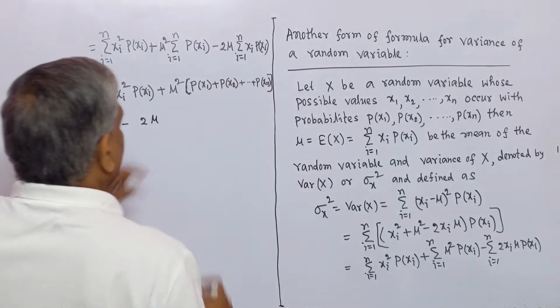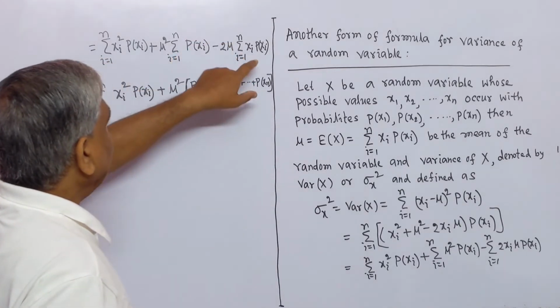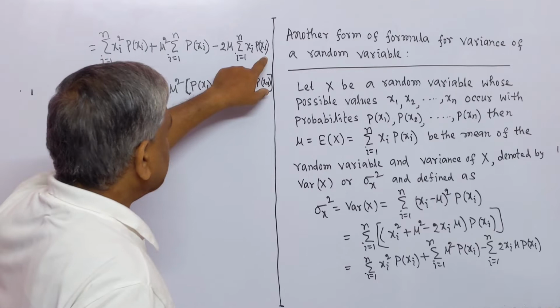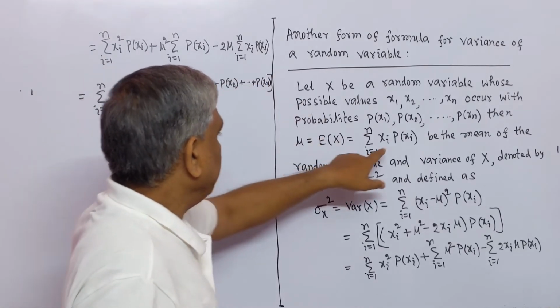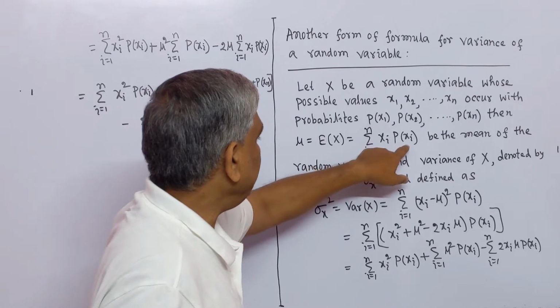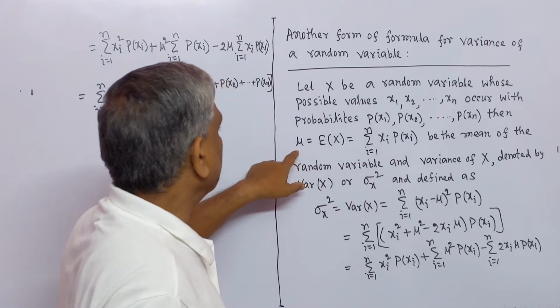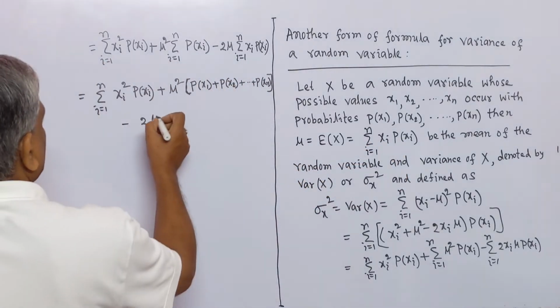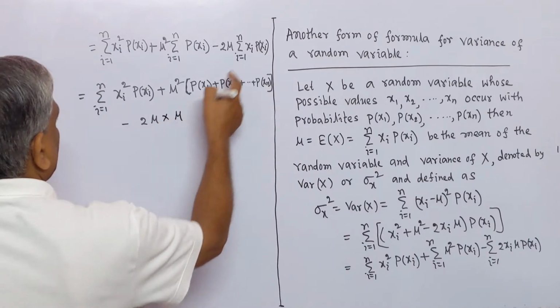This is sigma i equal to 1 to n xi pxi. Here sigma i equal to 1 to n xi pxi is equal to mu, so this is equal to mu,